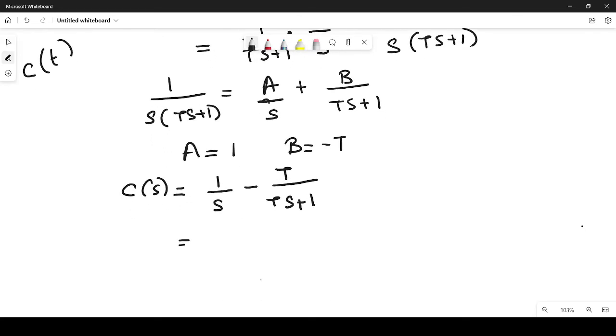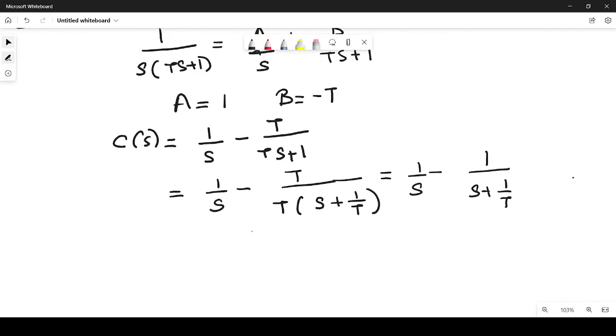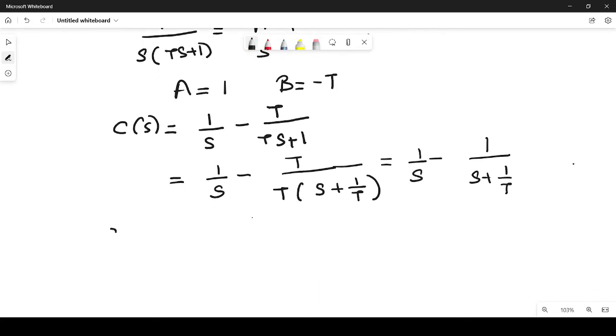So I can just rewrite this as 1/s minus τ/(τ(s + 1/τ)), taking τ outside. So this τ and τ get cancelled, and this becomes 1/s minus 1/(s + 1/τ). Now we can easily take the inverse Laplace transform of this. So c(t)